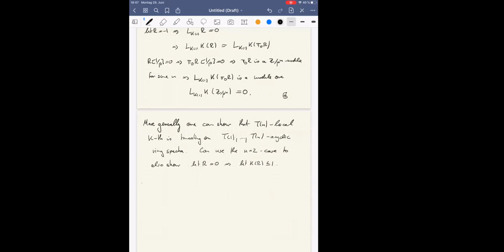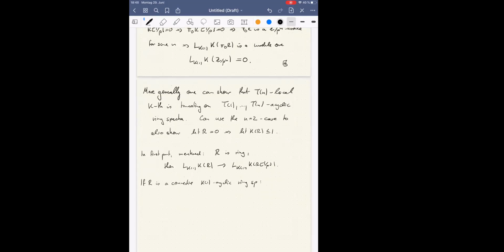So in the first part, I meant that if R is a ring, so not a ring spectrum, but a ring, then K1 local K-theory is insensitive to inverting P. So more generally, if R is a connective K1 acyclic ring spectrum,